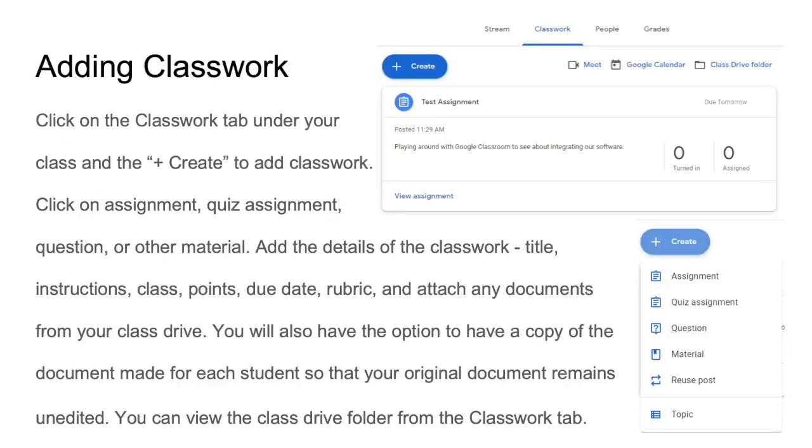Adding classwork. Again, under the appropriate classroom, click on the Classwork tab and then click on the Create button to add classwork. There are different types of classwork that you can create. Click on the Assignment, Quiz Assignment, Question, or other material to create that type of classwork. Then, add the details of the classwork, such as title, instructions, class, points, due date, rubric, and attach any documents